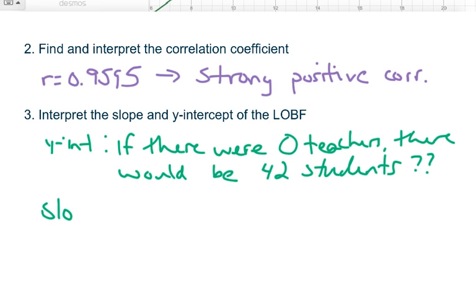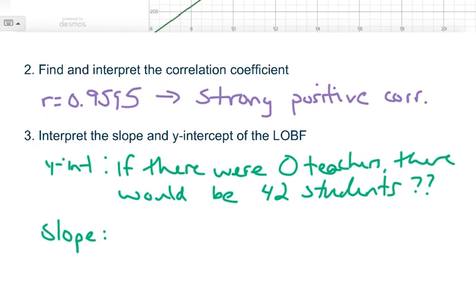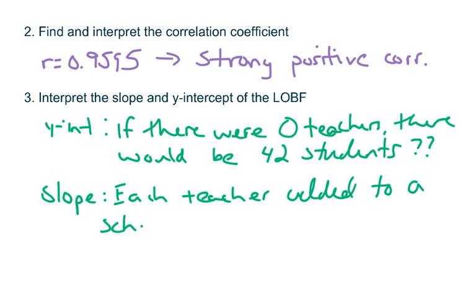The slope. So slope, remember, slope is change in y over change in x. So if I increase by 1, if I increase the number of teachers, what's going to happen then is the number of students are going to go up by 21. That's what this slope represents. It says each teacher added to a school adds 21